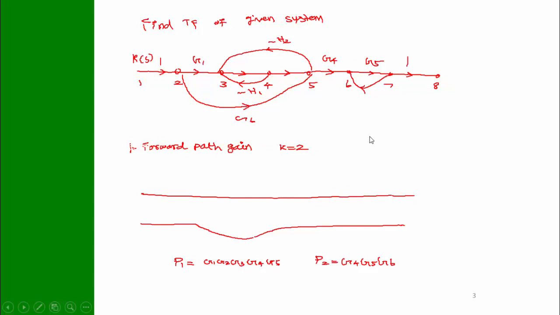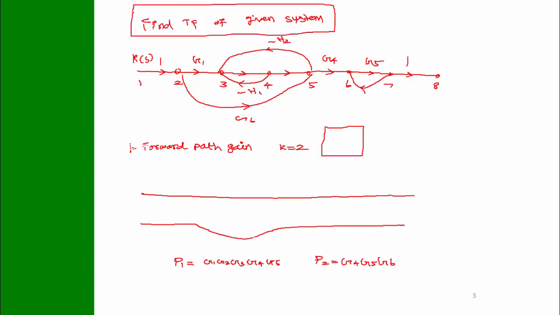Next I am going to explain pen mode. Just press Control P. Now you can write anything on your presentation. Suppose here I am going to draw a box around find the transfer function of a given system. If you want to write something, 1, 2, 3, you can write using pen mode. For that you have to press Control P.